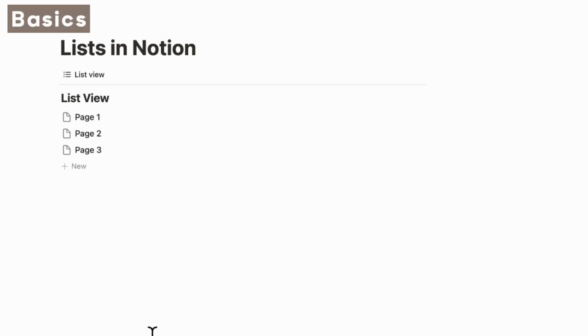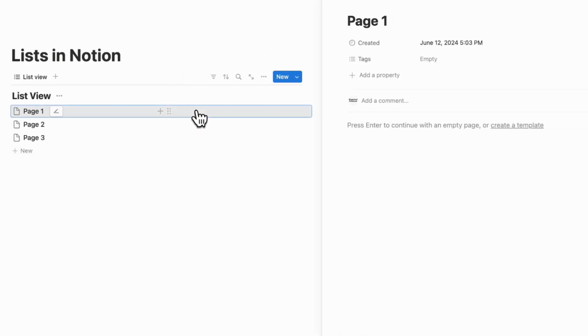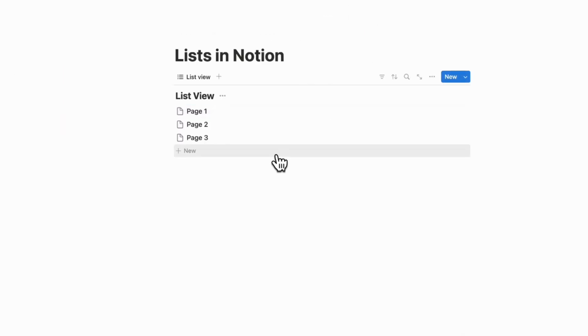Let's first go over the basics of lists in Notion. With the list view database, one of the best things about it is that you can open it up very simply and type inside of it. So this is great for meeting notes or just anything with minimal properties, and you can just write inside of it. If you need to add things to your list view, all you can do is just click plus new and add it in, or you can go to the new button here to add new items into your list